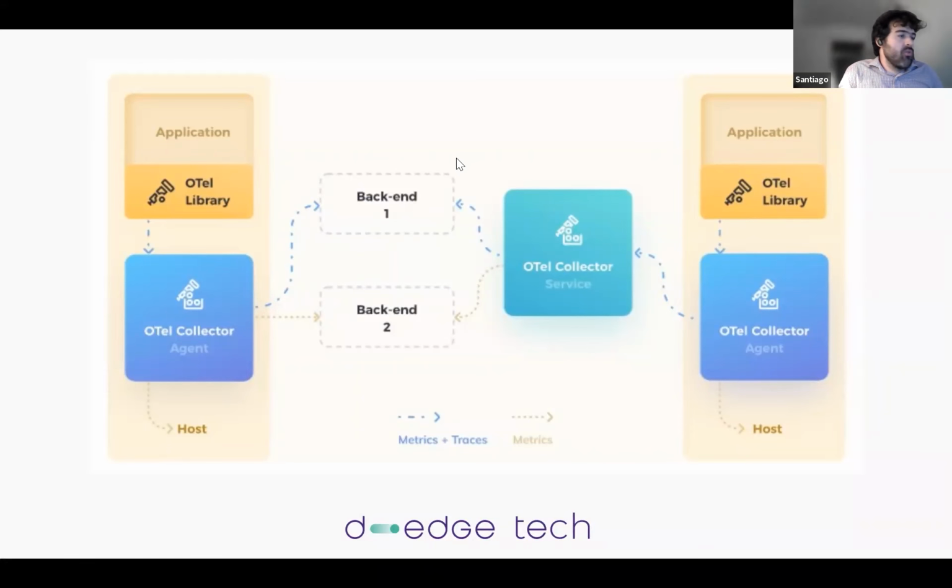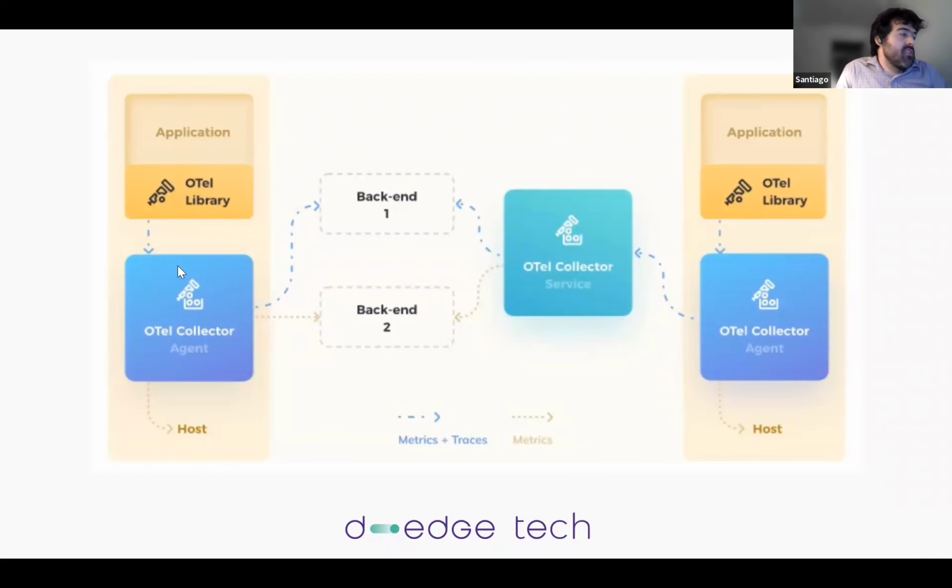So the reference architecture is something like this. You have an application that is instrumented and sending telemetry data, and the application can send directly to the backend. But that is something that doesn't scale well. For debugging, for putting things in place, it's a good way. But for production, it's preferred to